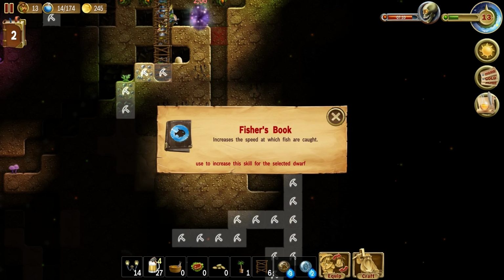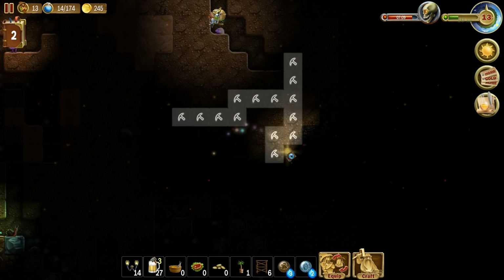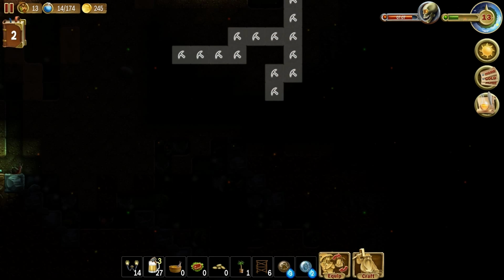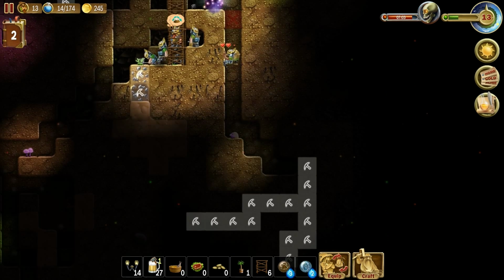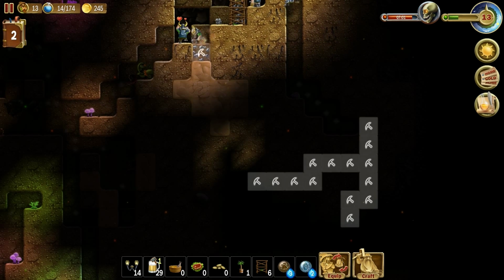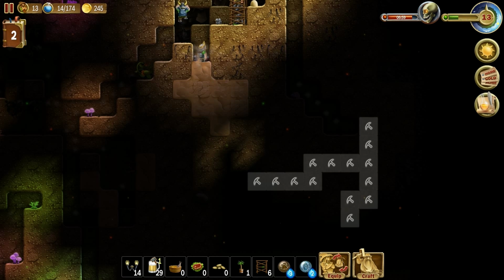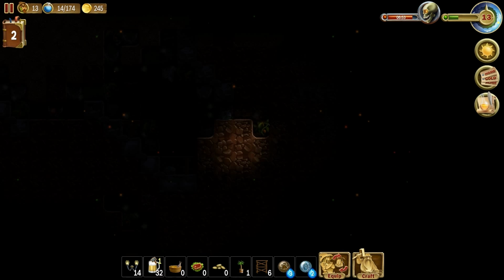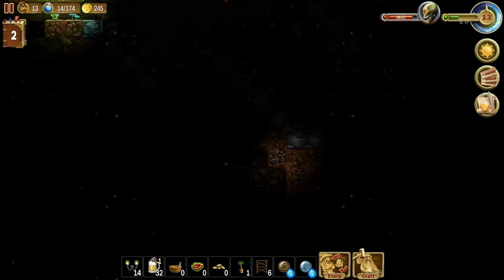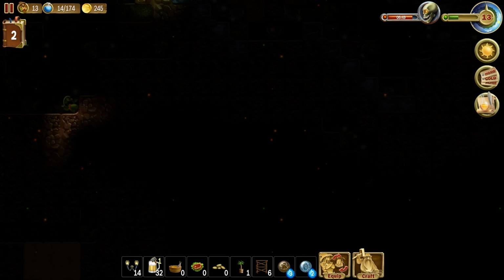Let's see, Fisher's Book increases the speed at which fish are caught. And we're not finding any coal. Come on, guys. Not asking for a lot, just a little bit of coal. We do have 245 gold coins, so not really an issue. I mean, we have more than enough coins to buy the coal that we need, or we can always make it ourselves. And we do got a little bit down here, a little bit of iron,